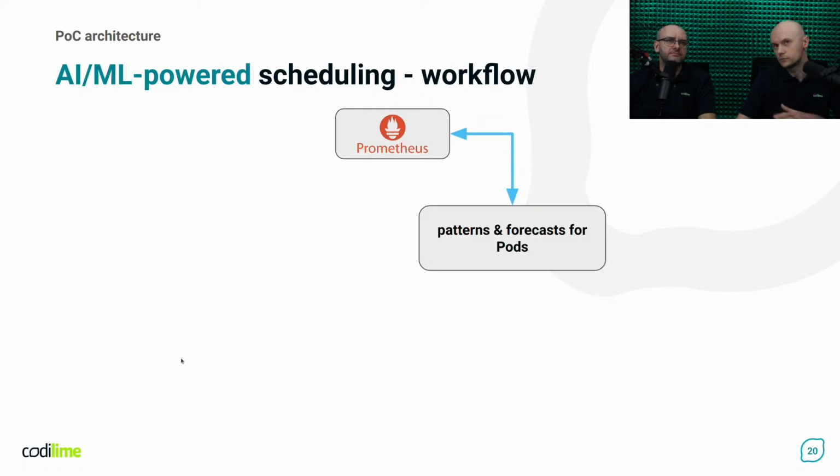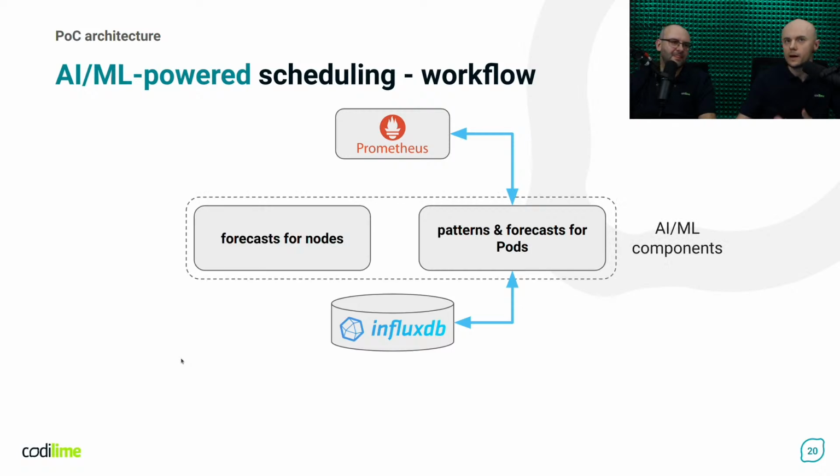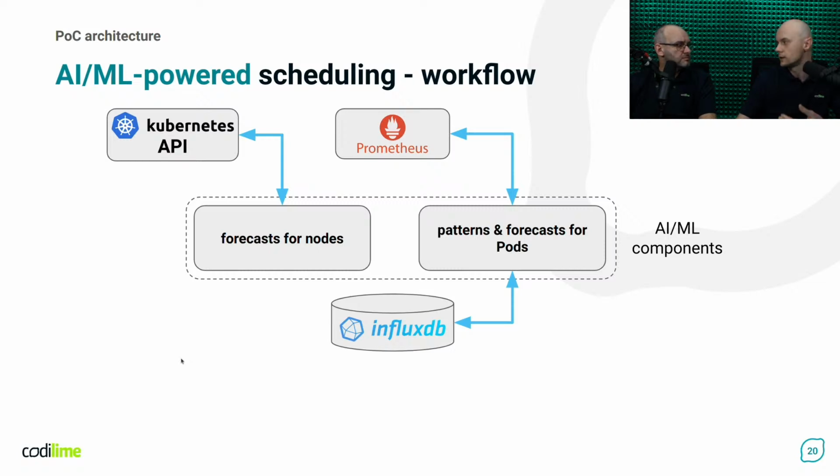But getting back to our story, the forecasts are stored in InfluxDB, which is a popular solution for time series data. And now another analytical model comes into play, whose role is also to provide forecasts, but this time for the cluster nodes. In order to do that, it takes the following steps. First of all, it asks the Kubernetes API for a list of workloads running on each node. Then it takes the individual forecasts from InfluxDB. And finally, it provides a kind of aggregated forecast for each node in the cluster, and it's stored in the